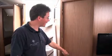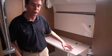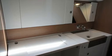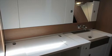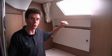The very large aft head is accessible both from the salon and directly from the aft owner's cabin. This one here has a lot of the same features you see in the forward head, which is a molded sink, Corian details, very nice faucets and mixers. Plenty of storage again here, both under the sink and to either side of the mirror. Good lighting, a little bit here, of course, of the outside window, so a ton of natural light here